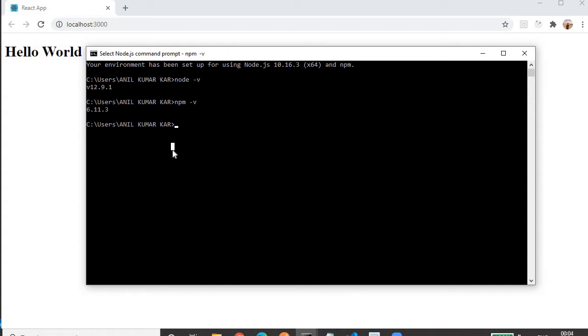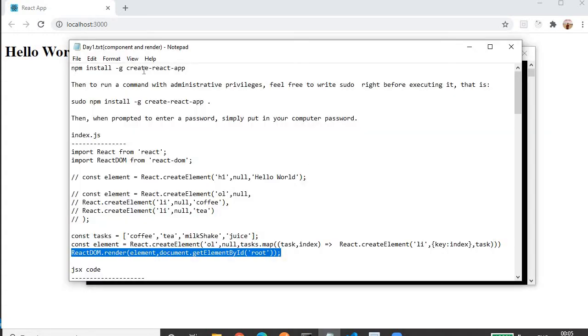But thanks to Facebook, who came to help in this situation. They have created a command that we have to install. The command name is create-react-app: npm install -g create-react-app.